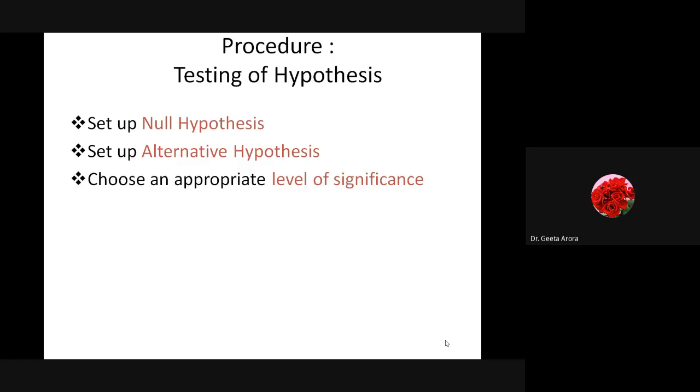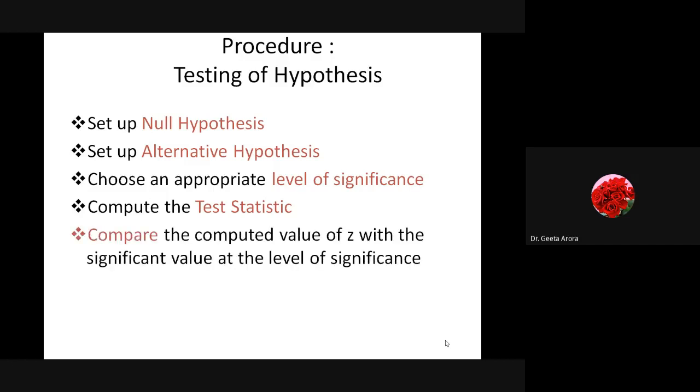For the level of significance, if nothing is mentioned, then you always have to take 5%. It means we are assuming that we are 95% sure of the things which are going on. Correct? After that, we have to choose a test statistic. We have not started with the tests yet. When we learn the different test statistics, we will come to know that depending upon the conditions, we can have the Z test, T test, chi-square test, F test. There are lots of tests in our course. Other than that, if we are doing our own practical work and looking for results for a hypothesis, we can see which test we can apply depending upon the conditions we have.